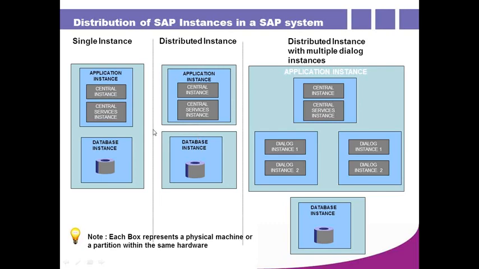Clear, guys? Any question here? Any confusion about these two pictures before going to the third one? Each box is each machine, right? Each light green box, yes, each light blue box is a machine. Here, two boxes are there, separated. So in the single machine, we have SAP and database. This is a single or central system configuration. And in distributed, your database is separated and your application layer, that is, your SAP, is separated. Two boxes here.